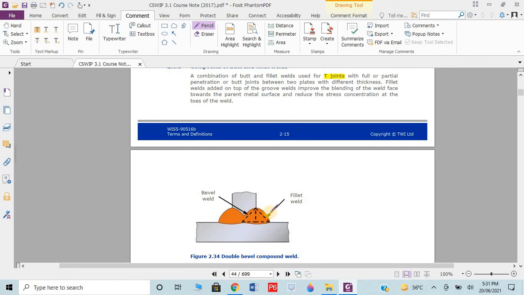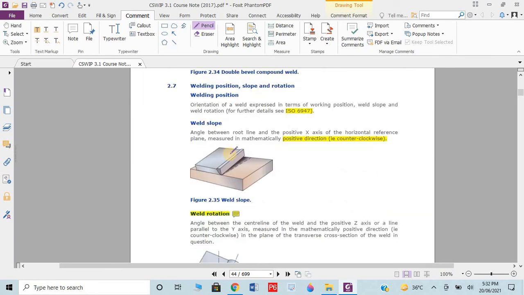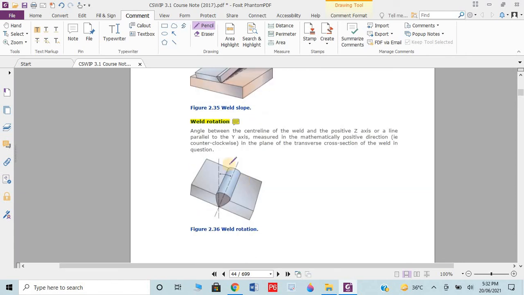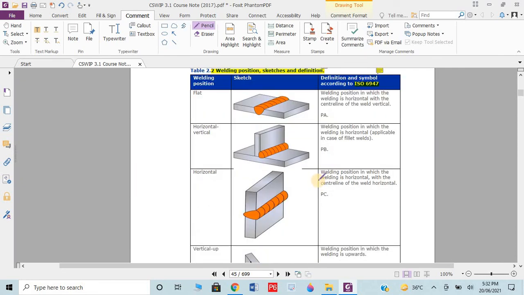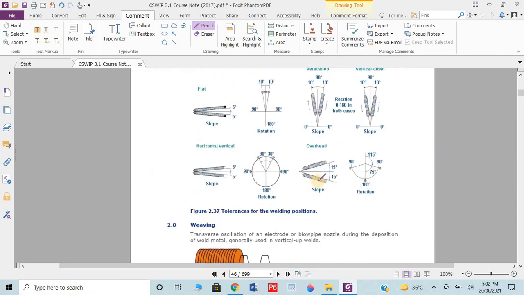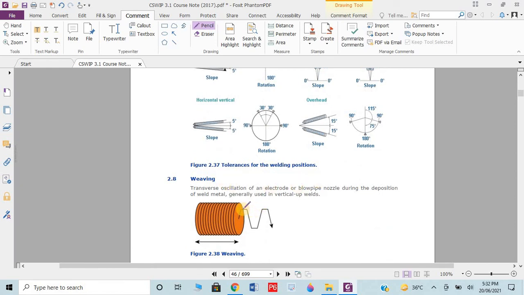Compound butt plus fillet. This is the edge. This is the weld rotation. I will give you this lesson again as I said to you. So here we are going to end the lesson. I hope you like my video. And weaving, if we are welding with a weaving motion, like this, this is called weaving. It needs more deposit material and more time, but